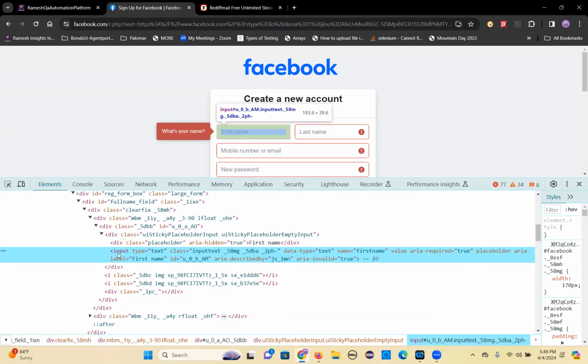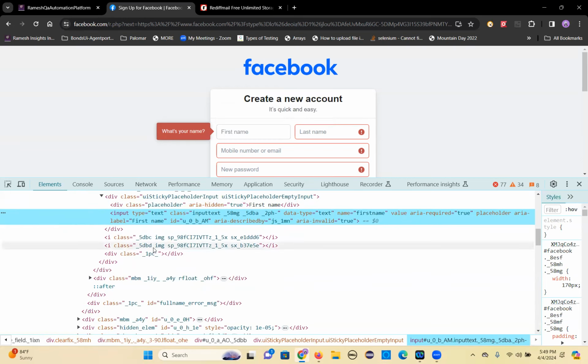So edit boxes are going to have input tag, and the attributes are class, ID, name, ARIA label, placeholder, value, type. So what type of data you want to enter in this? That's a text type. So these are the attributes. Every element is going to have attributes. So attribute equal to attribute value within double quotes. And next,